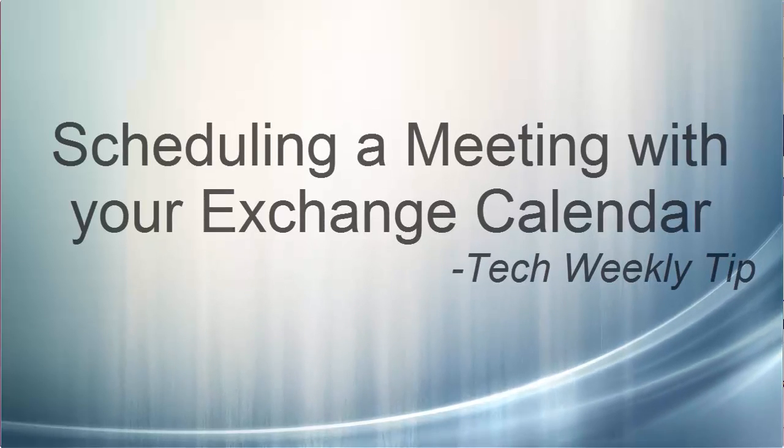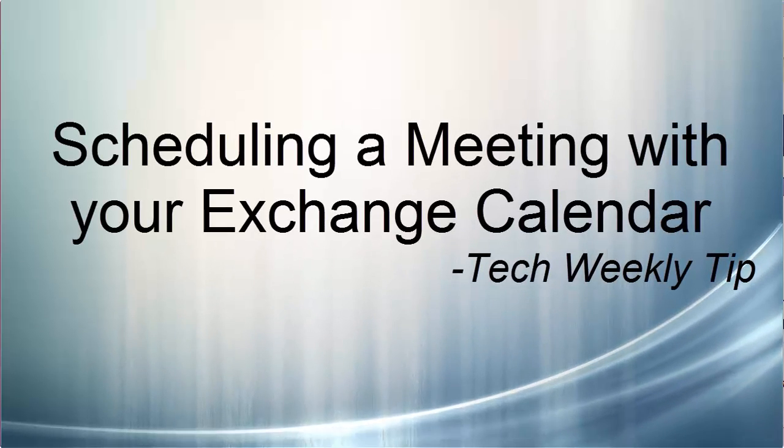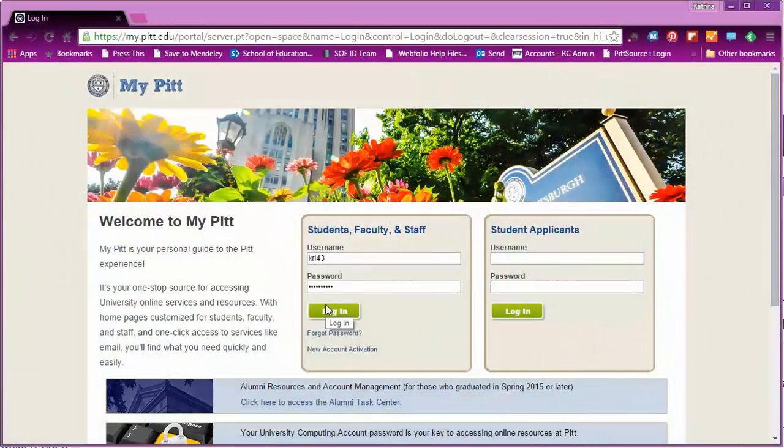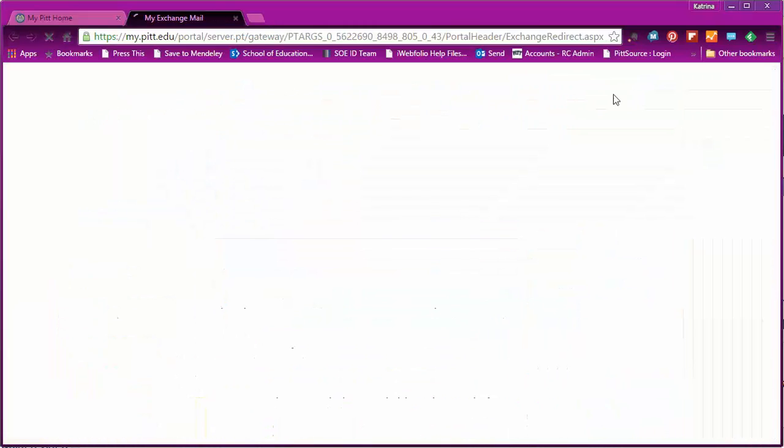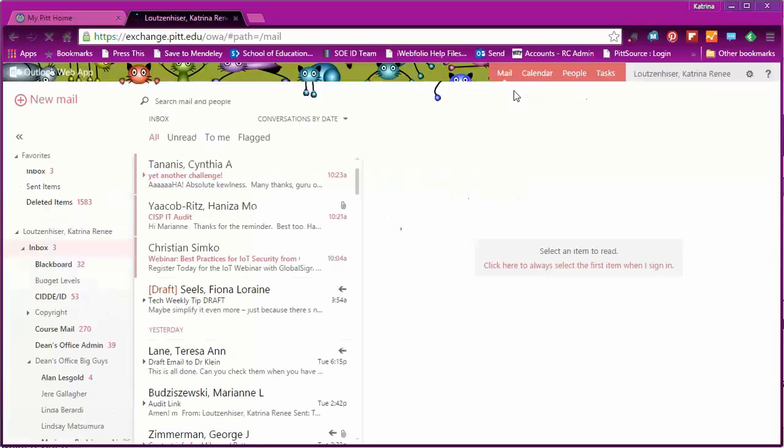Hi there, for this week's tech tip, we wanted to show you how you can schedule an event for multiple people using an Exchange calendar. You already have access to this if you access your email through my.pitt.edu, my Pitt email, and then we're going to switch to the calendar up top here